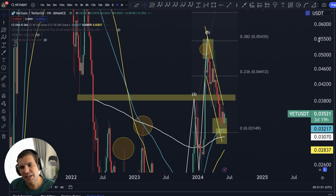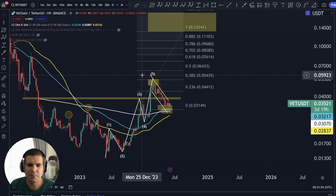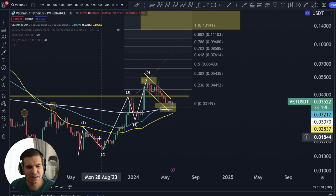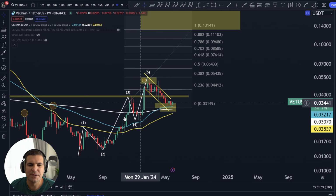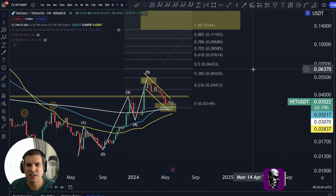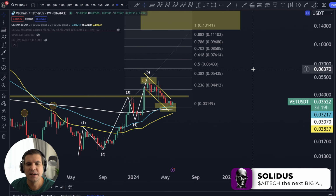If we jump this to the weekly chart, we can see that we are tracking a pretty decent structure overall. Right? We had the 5-wave pattern. Okay, this is an incredibly bullish one. So 5 waves to the upside, indicating that we still have another 5-wave move to the upside in our minimum expectations. If we do come down towards our weekly 200 EMA, you can see it right here,